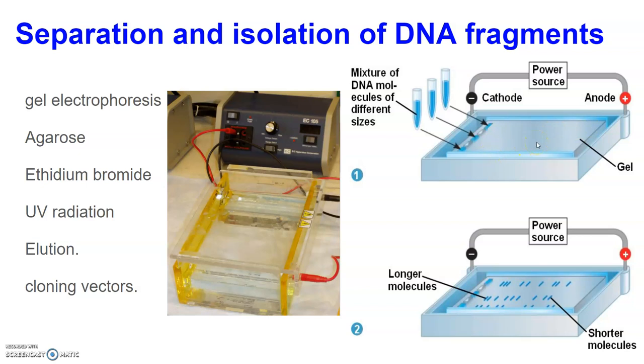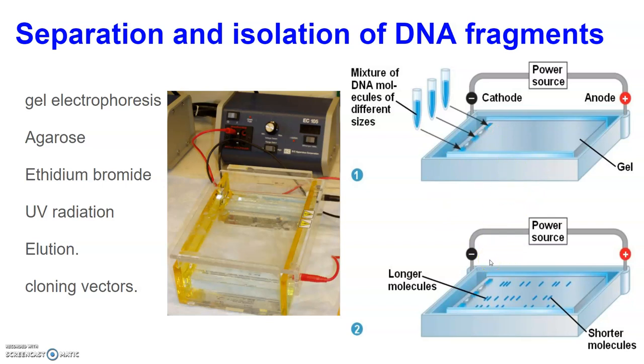Nowadays the most commonly used matrix is agarose, a natural polymer extracted from seaweeds. The DNA fragments separate, or resolve, according to their size through the sieving effect provided by the agarose gel. The smaller the fragment size, the farther it moves. These are the figures; the gel sample is loaded here, and this is the apparatus used for gel electrophoresis, and this is the diagrammatic explanation of gel electrophoresis.